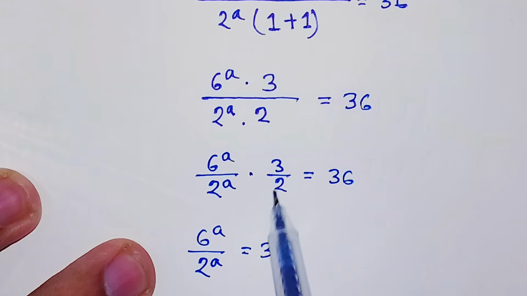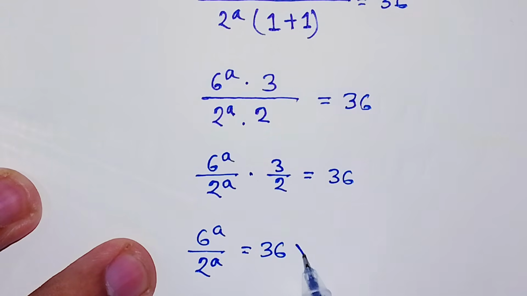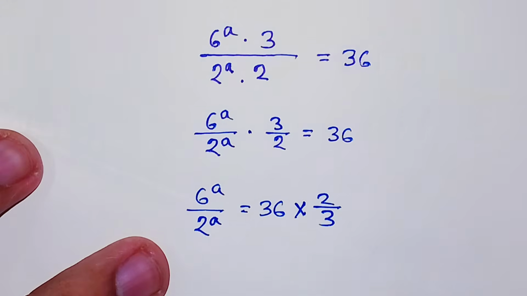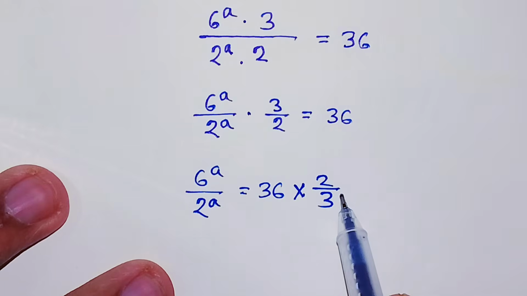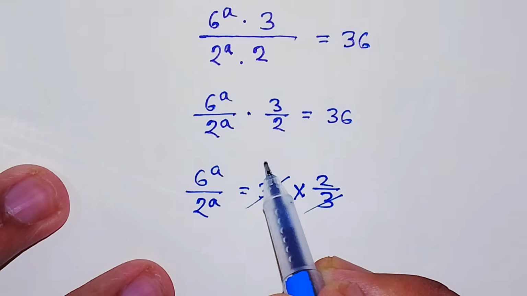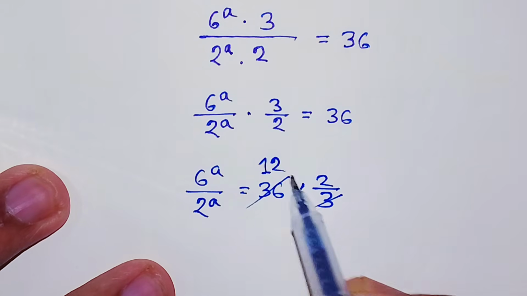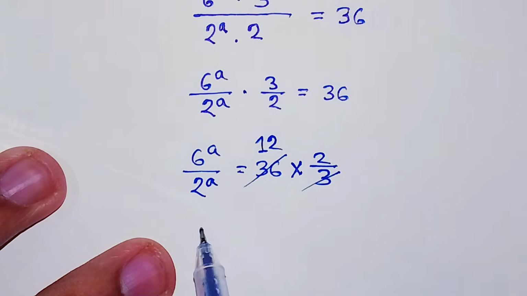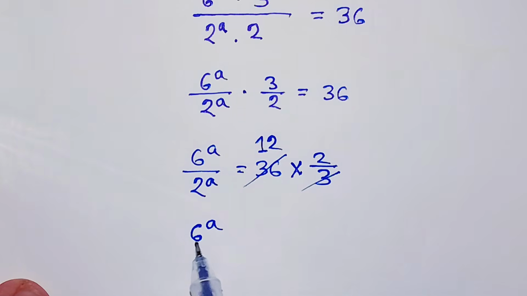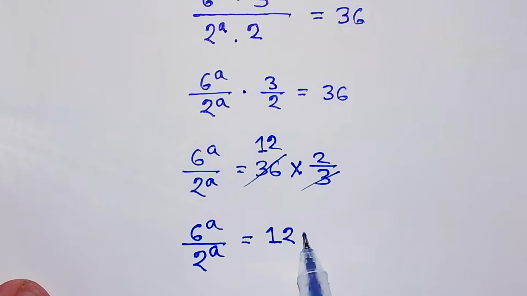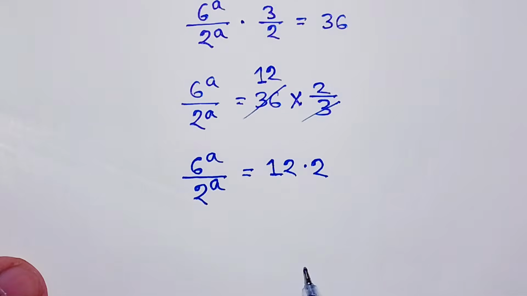After that we can write 6^a divided by 2^a equals 36. This 2 to the power 3 will go to the left side, then we'll get times 2 divided by 3. After that this 3 and this 36 will be cancelled out, then we'll write 12. Then we can write 6^a divided by 2^a equals 12 times 2. After solving this equation we can write